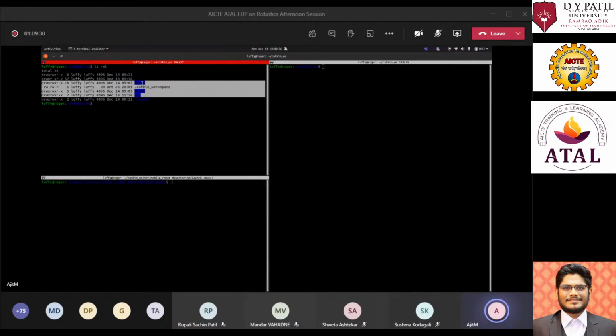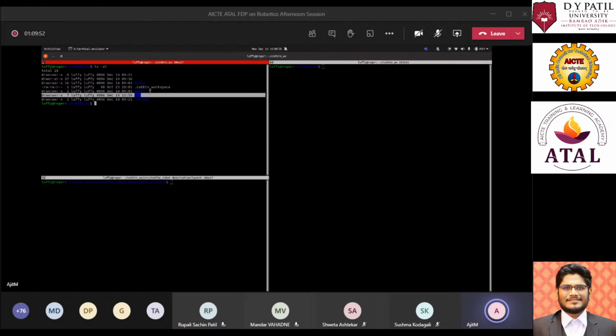Out of these, source is the most important one, which we need to work on. But devel and build are not to be touched most of the time, because they are used by Catkin CMake to build all the code for the directory. We'll be mostly working with the source folder.